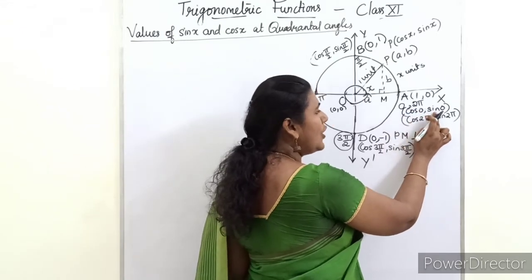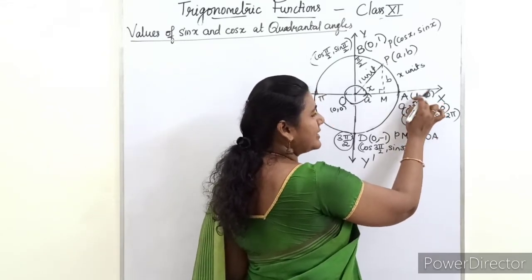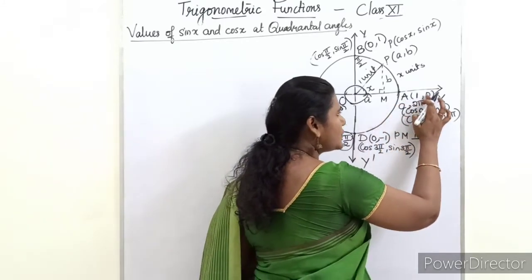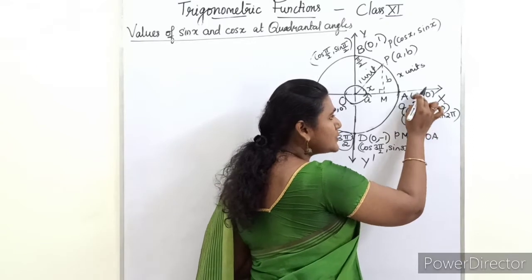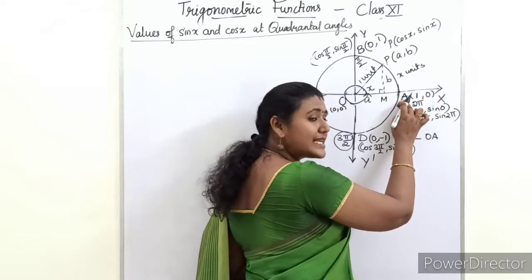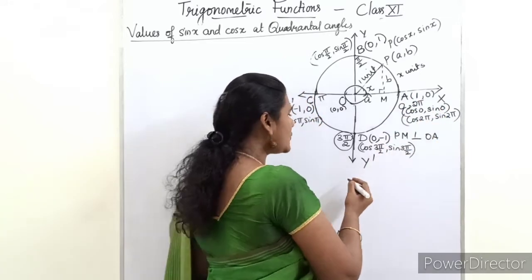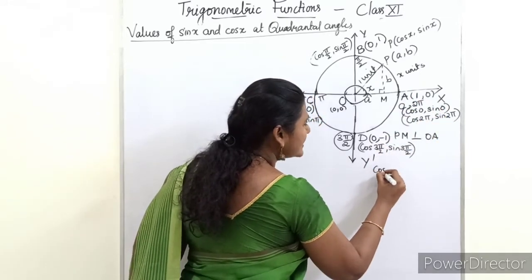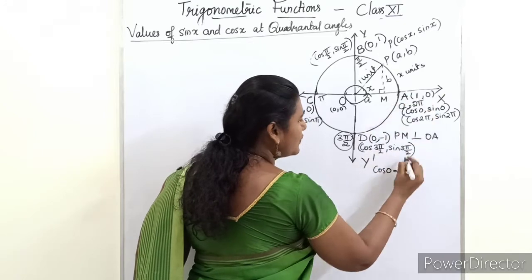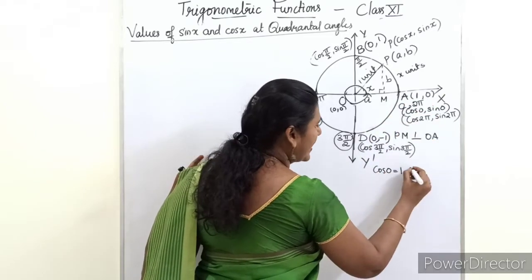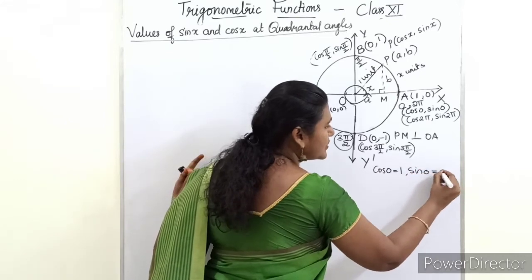This point A, the coordinates of A we have already in terms of the angle 0, we have cos 0, sin 0. Now we have calculated the coordinates with respect to the coordinate axes. We got the point A, that is 1, 0. That means these two coordinates represent the same point, so we can compare the x coordinate and y coordinate. After comparing these 2 points, we can write cos 0 is equal to 1 and sin 0 is equal to 0.